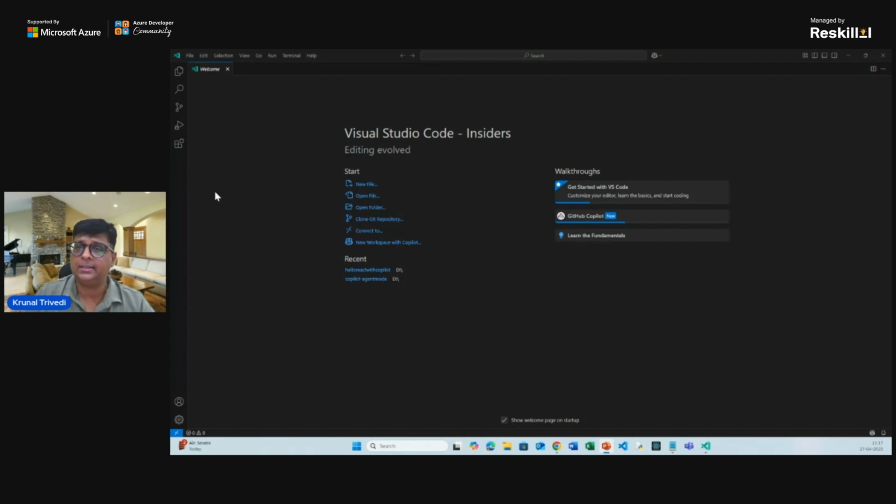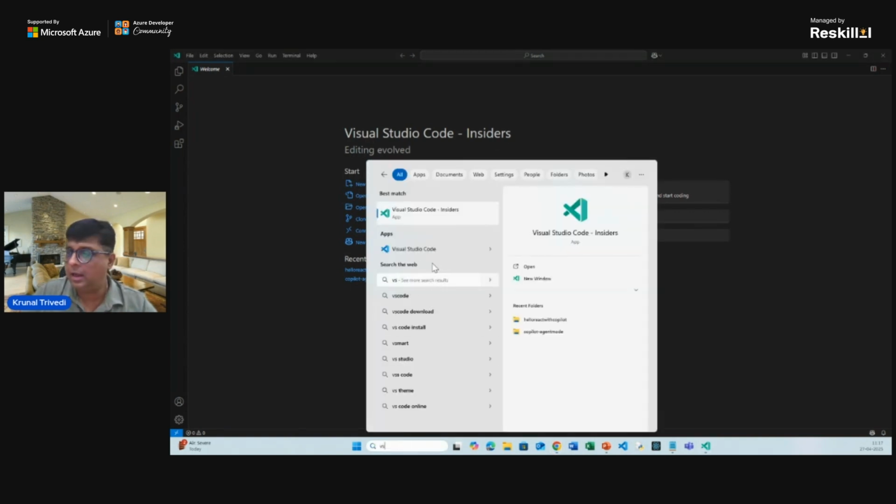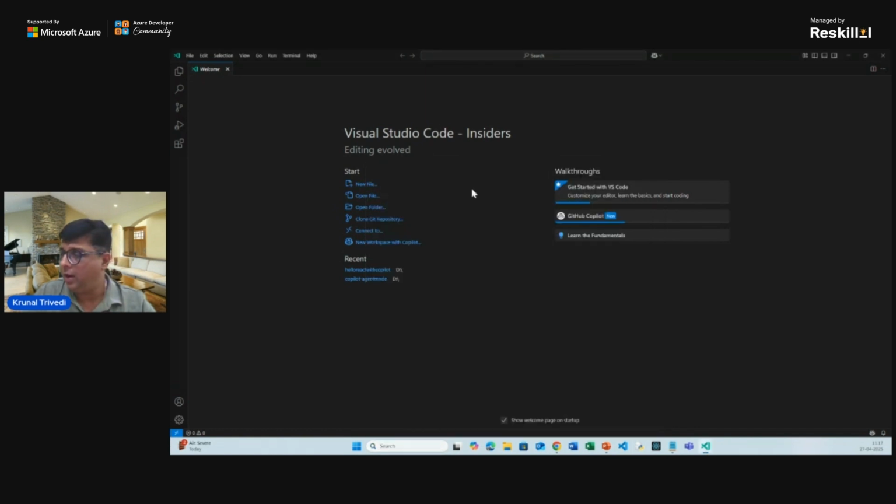So here you can see I'm in this VS Code Insiders editor, and I can show you I have this VS Code, which is the normal version. This is the VS Code Insiders. You can just Google VS Code Insiders and download it. I am already here. What I'm going to do is open some existing project,